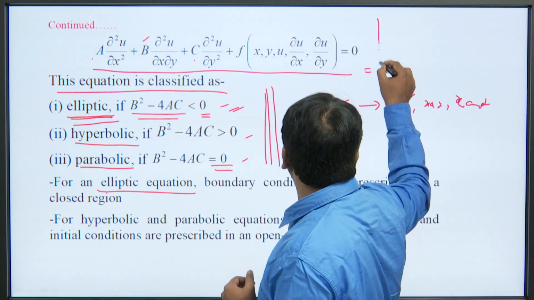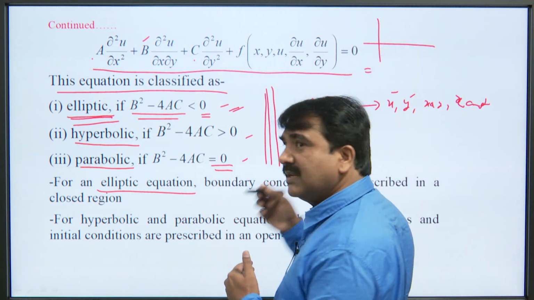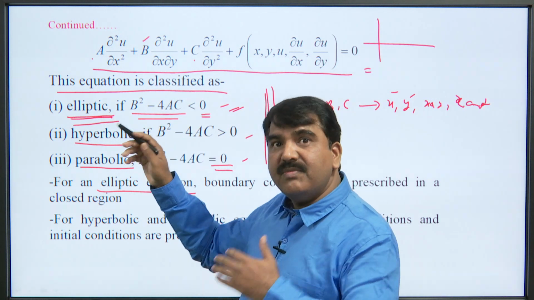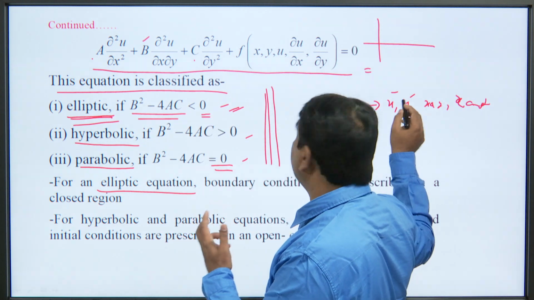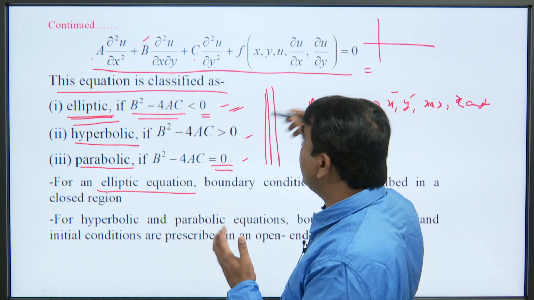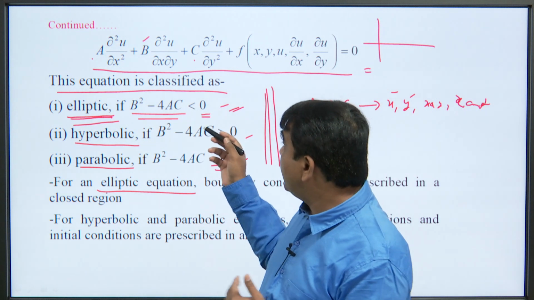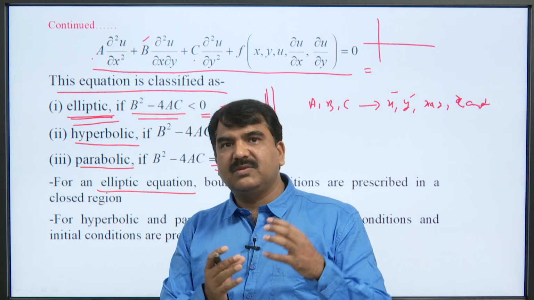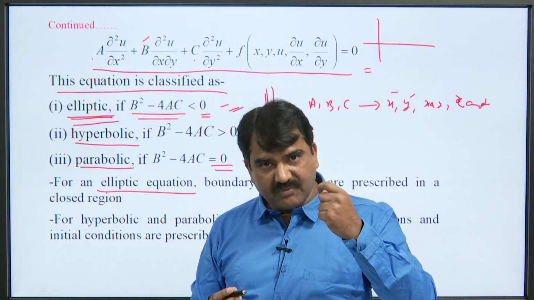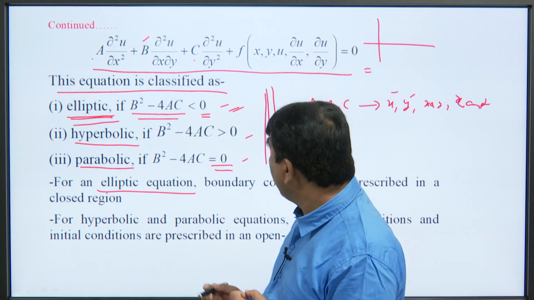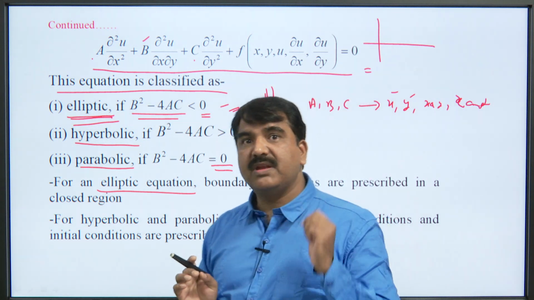So, in two dimensions, for different regions this differential equation may be of different nature, because the value depends upon the value of x and y. So, for different regions it may be different. In the next example we can discuss the value of x and y. So, the nature of the differential equation depends on the value of x and y. Also, this is a second order partial differential equation of two independent variables only.